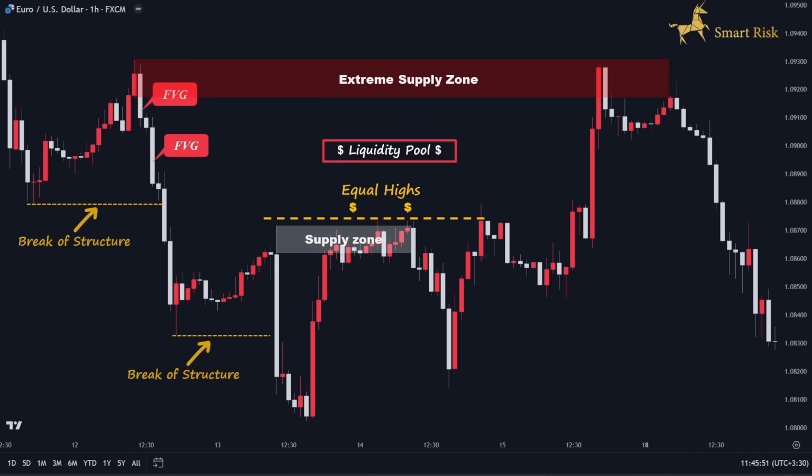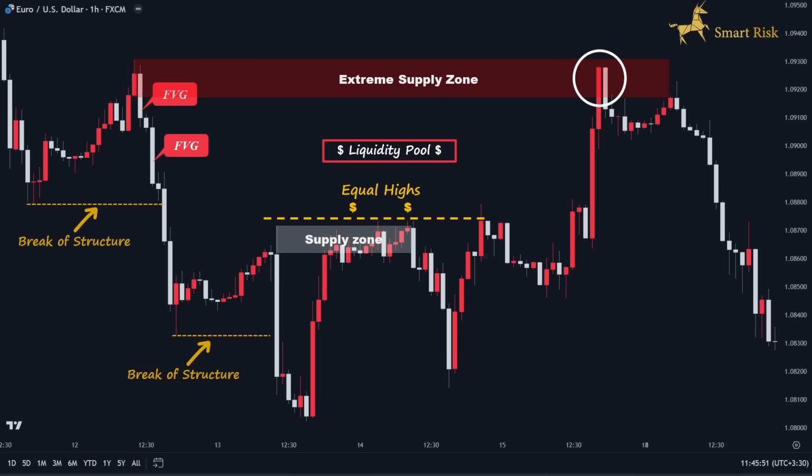As you can see, the price rose back up and utilized the last supply zone as an inducement area. It also swept the liquidity above the equal highs. So, we have the desired confluence that we were seeking in our analysis. Now the only thing left to do is wait for the price to enter the extreme supply zone, at which point we can set up an entry based on the various entry models explained in our previous episodes, following the smart money concepts.